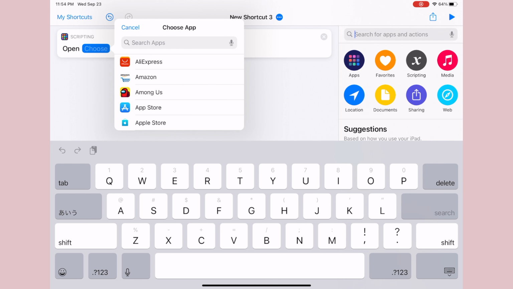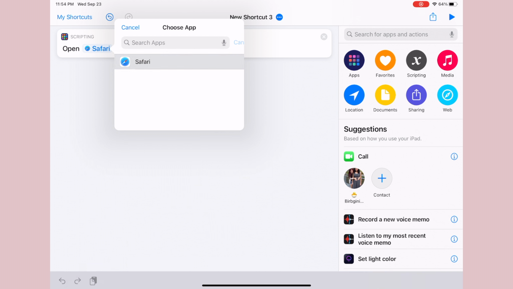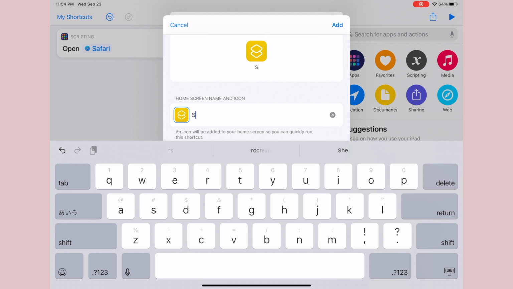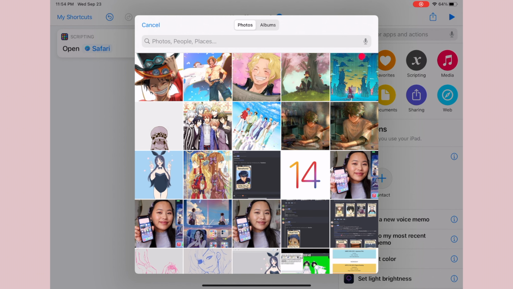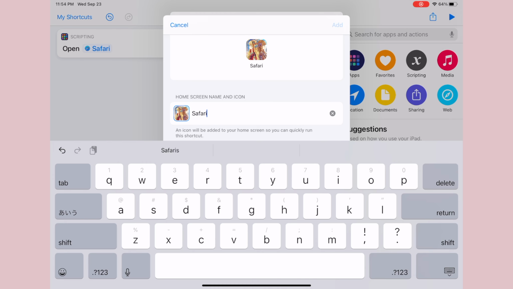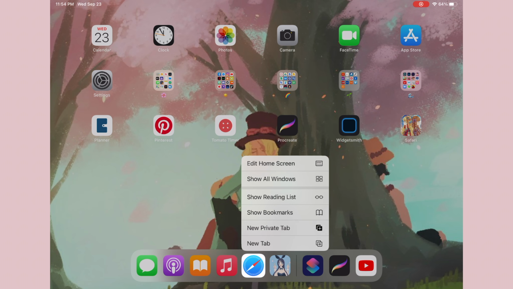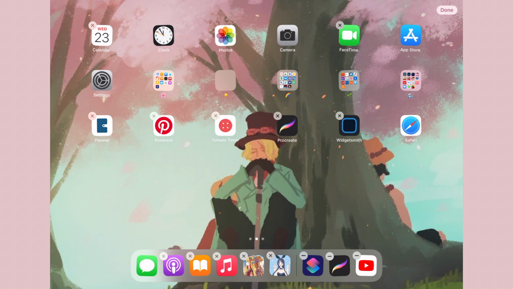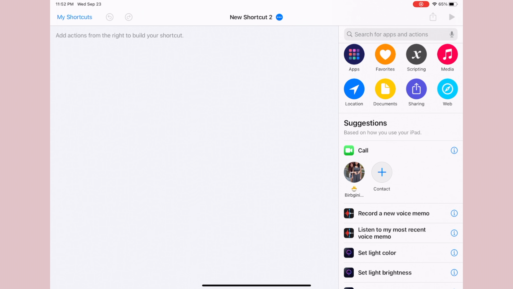So right here we're making a Safari icon, and I'm actually choosing Suddenly I Became a Princess, which is this webtoon that I'm currently reading. If you guys like webtoons, definitely hit me up too. I love everything manga, webtoon, absolutely love it. So here I am just removing this, and once again I'm putting this back onto my dock, and you do the same process for every single one.